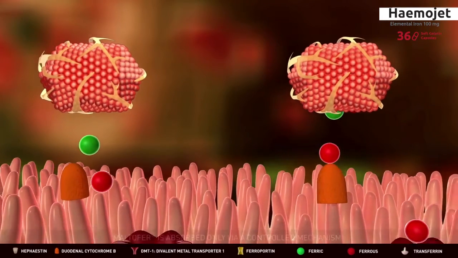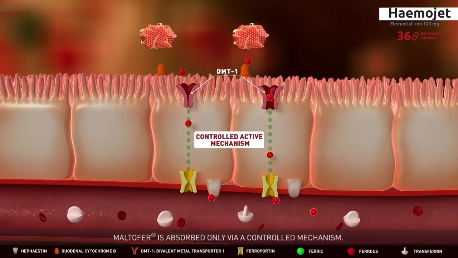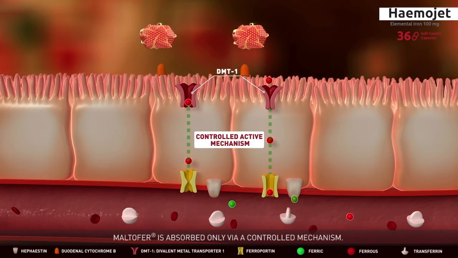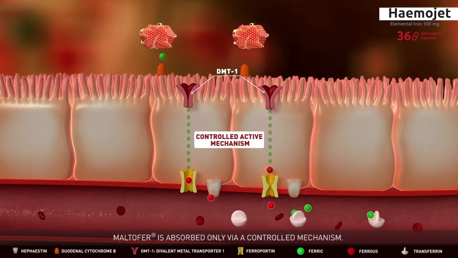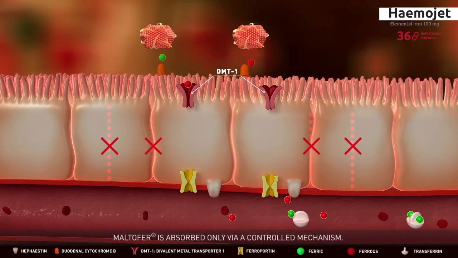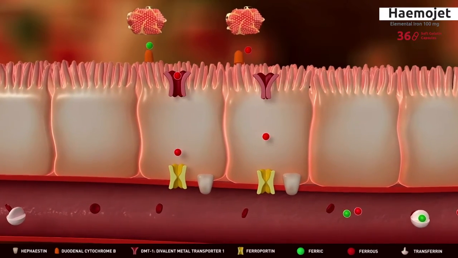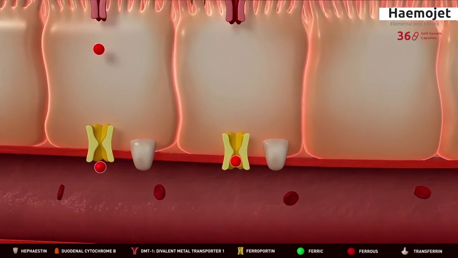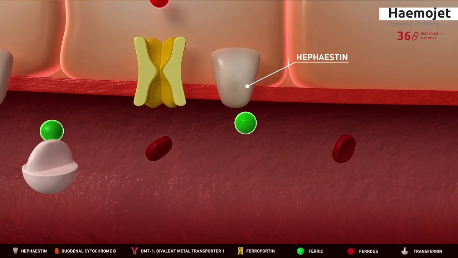The ferrous iron from Maltofer is then absorbed into enterocytes via a controlled active mechanism through divalent metal transporter 1, or DMT1. Maltofer does not cross the membrane via passive diffusion because of its large molecular weight. The low concentration of ferrous iron from Maltofer then enters the bloodstream, where it gets converted to ferric iron and